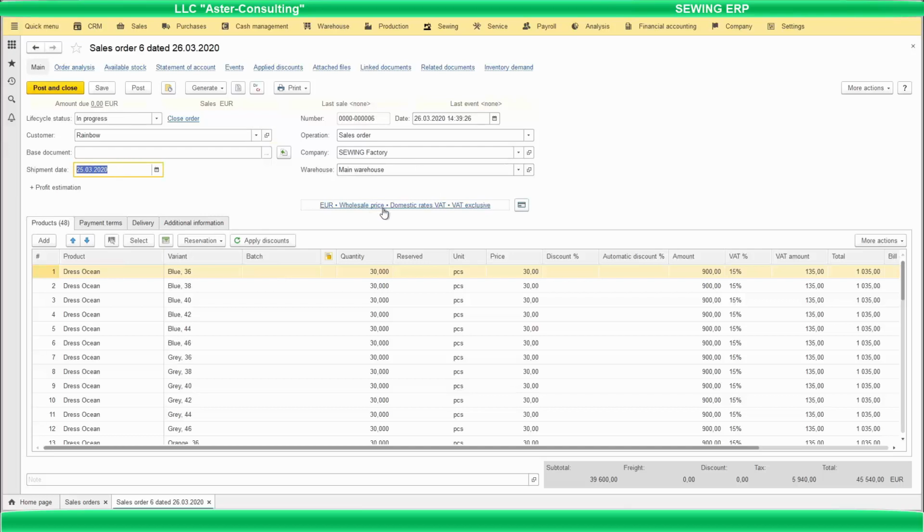I have a kind of price for them. The currency of the order, VAT if it is needed. So I can count a profit estimation for my order because I have a planned cost and I have a price for my